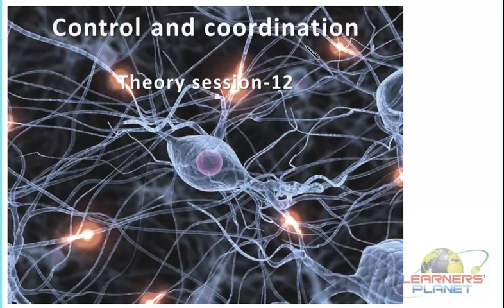Which system? Nervous system and the hormonal system, or we can call it an endocrine system, or even it is known as a glandular system. So these two particular systems, that is nervous and the endocrine, they together help the higher organisms, the animals, and especially we are studying about the human beings right now. So these are the two systems which are helping in conducting these basic processes